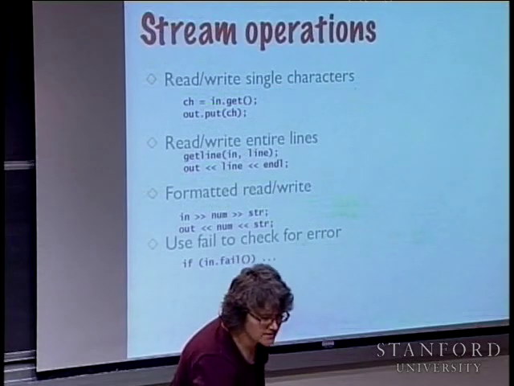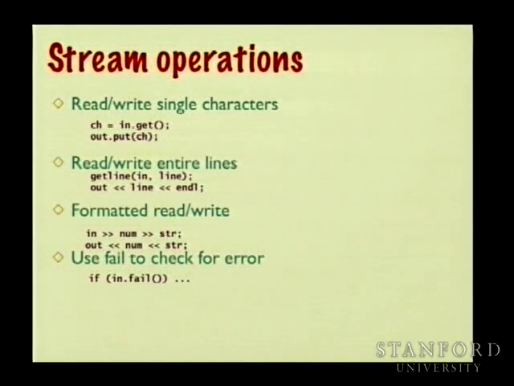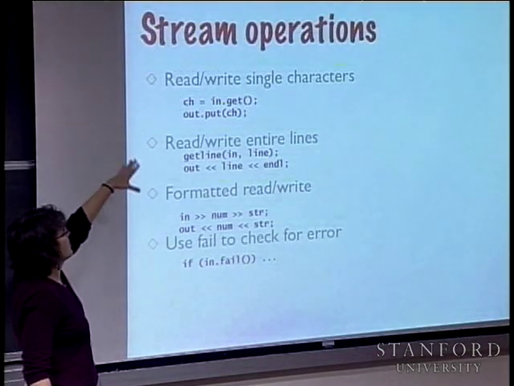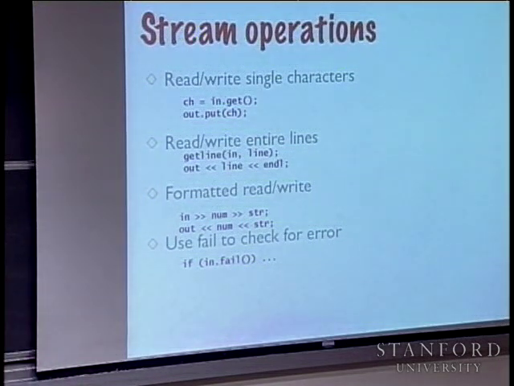Once you have one of those open for reading or writing, there are three main ways that you can do your input-output. We have seen this form a little bit, the one with the insertion and extraction. These other two are more likely to be useful in the file reading state as opposed to interacting with the user, and they have to do with just breaking down the input